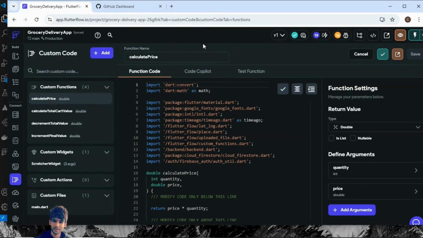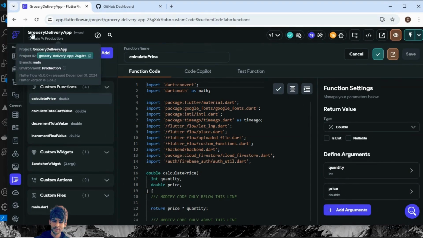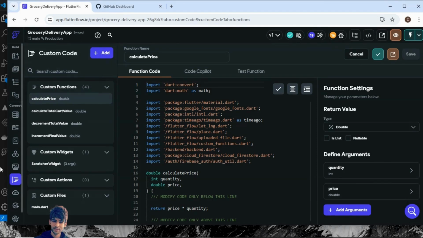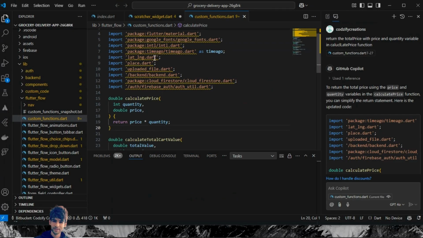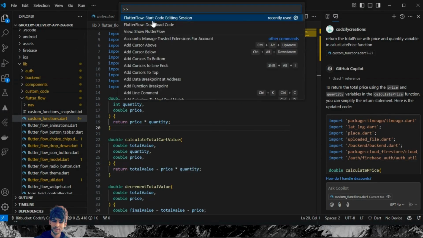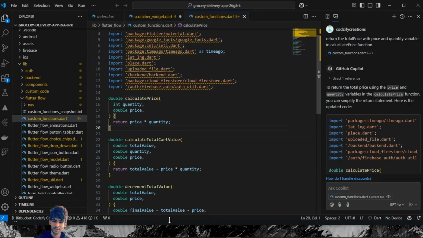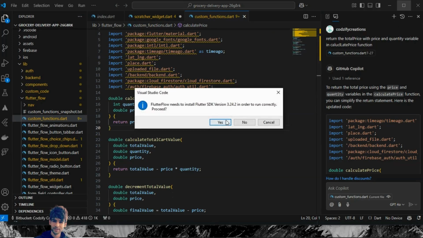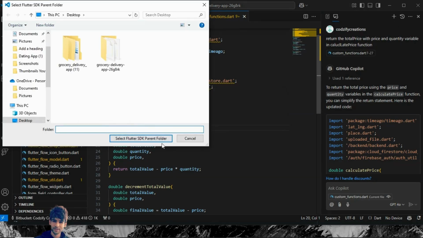So here, this is a FlutterFlow project, the grocery delivery app which we have discussed in our previous videos on the Codzify YouTube channel. In this, I have used the FlutterFlow VS Code extension. I will tell you how you can do this, but first let me show you the demo of what we are going to create. As you can see, it says start code editing session here. So if I say yes here,